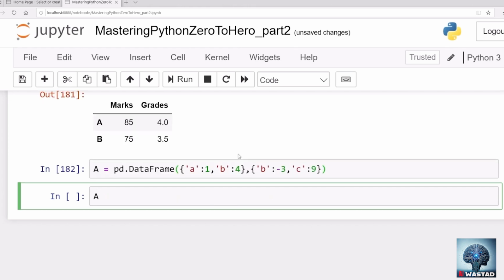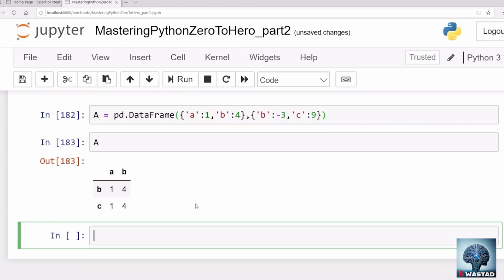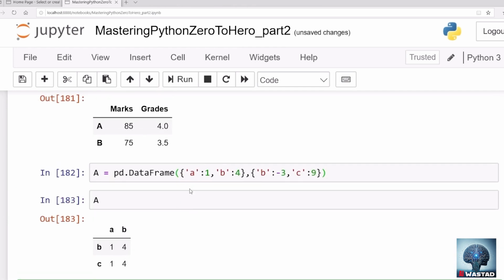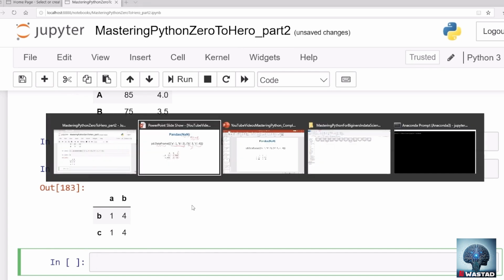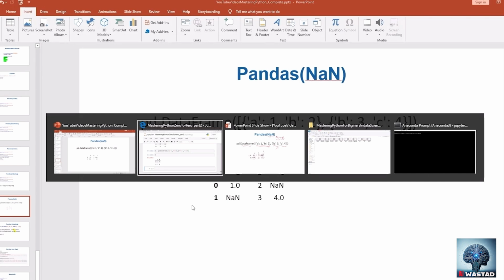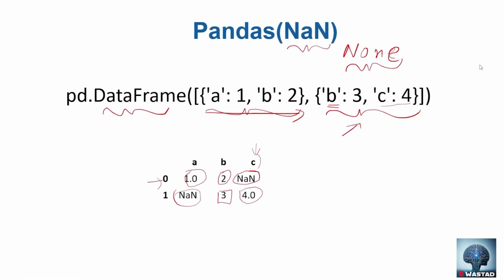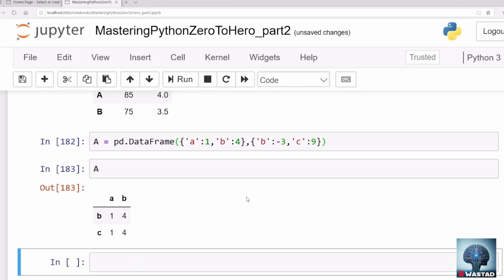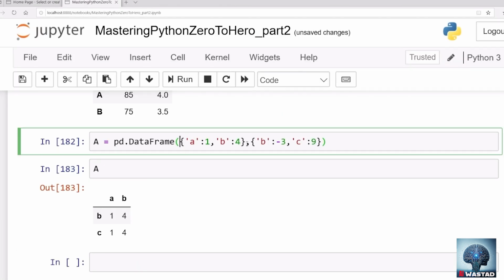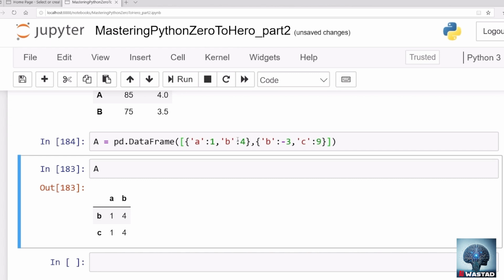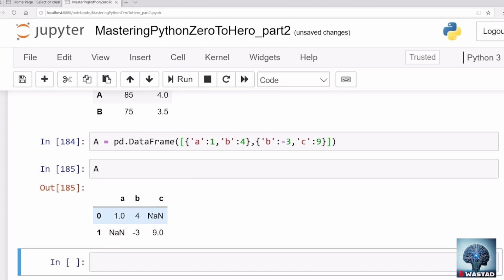So now if you print this A, if you see the data inside A, you will see, oh, what's the problem? Have we applied something in a wrong way? Let's see. Yeah. Oh, we have to create a list of it. You have to create a list of dictionaries. That's the proper way of calling it. So we missed just the syntax list of that. Okay, great. So now we have this A, we just call that A, and this value is missing and that